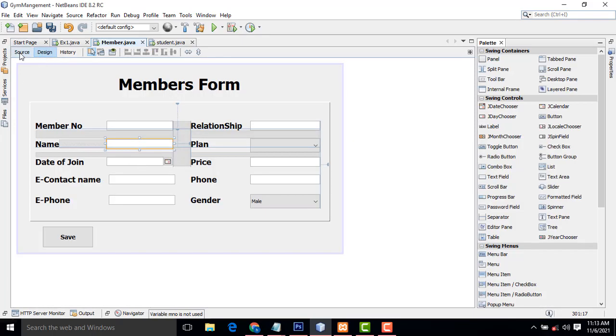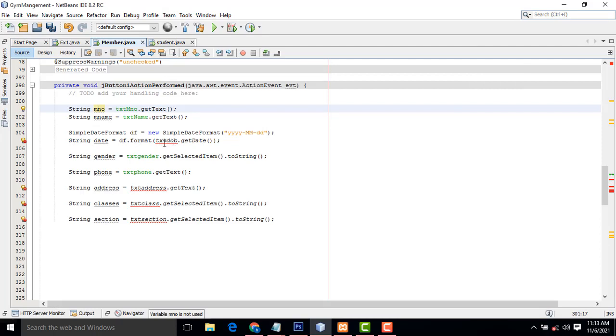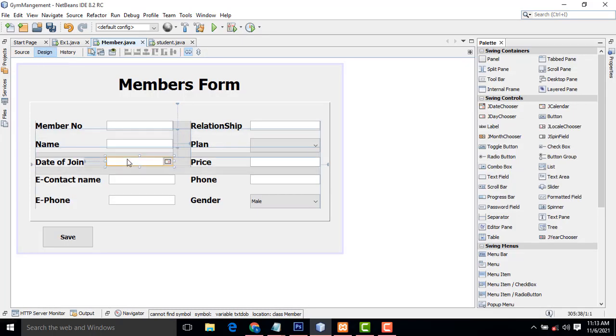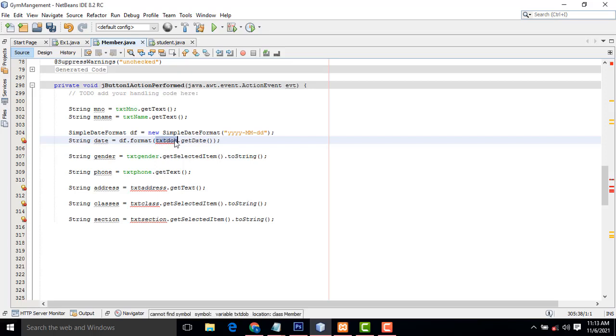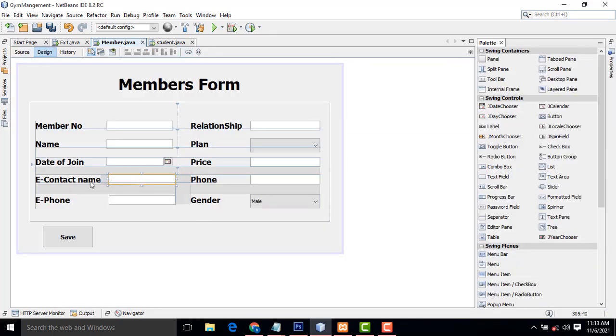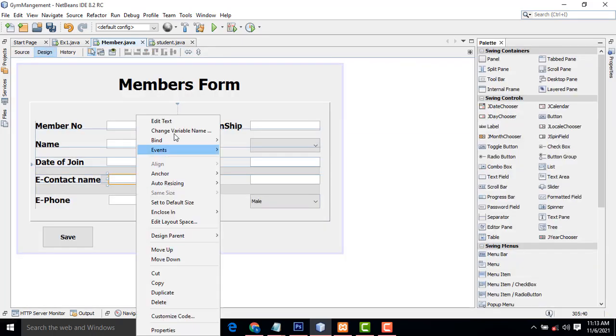After that, date of join, d join, dj. What is the text field name? dob date, dob date. Right, that's it. After that, gender, not gender, e contact, e contact.